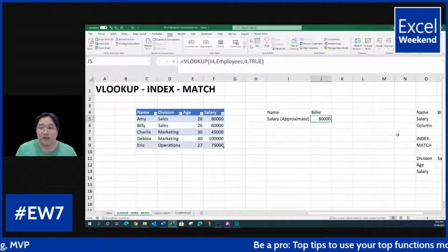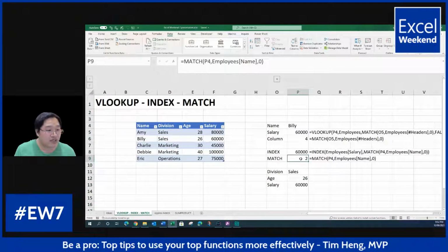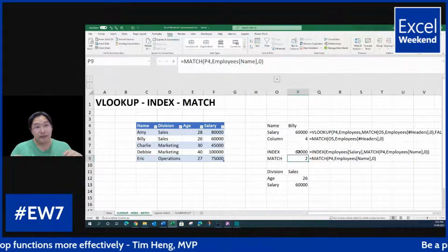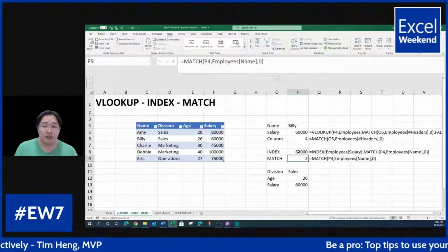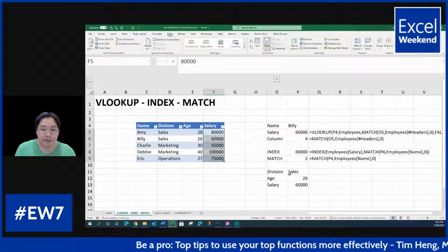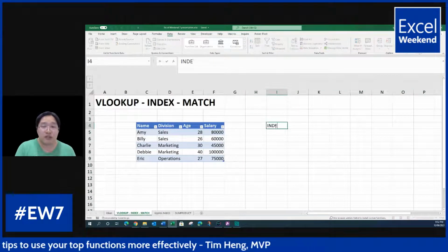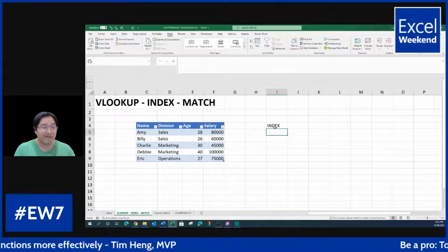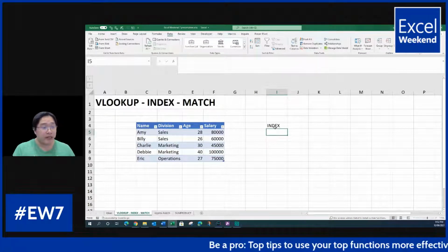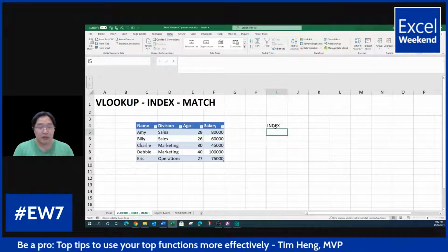So one of the things that we've used here with index, let me just group these cells up and jump back to our index match functions. Index will normally give us a single cell result, because we're saying look for this row, the second row of our salary data set. But suppose, let me just insert a few more rows here. Suppose we want to use index and point to a list of salaries. This is a really good tool for when you're combining it now with filter and sort and unique and all of the new dynamic array functions, because